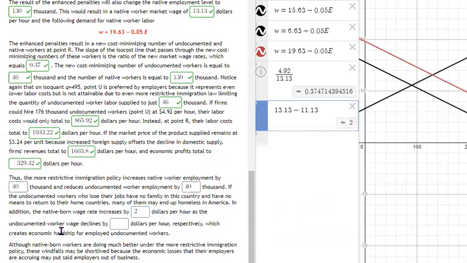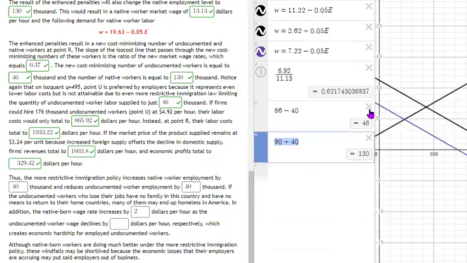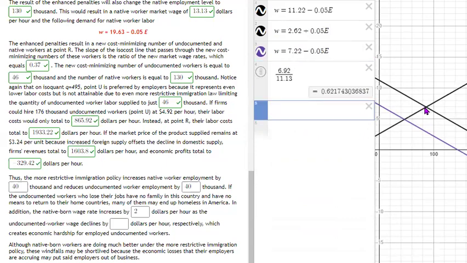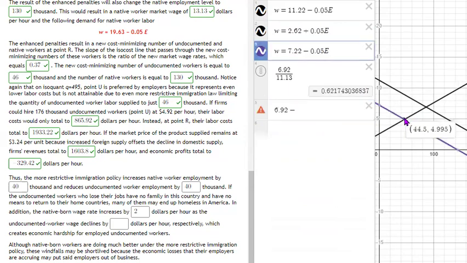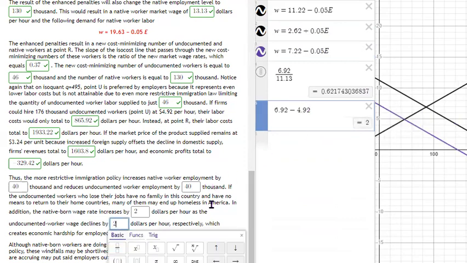The undocumented worker wage declines by how much? Let's delete this stuff here. The undocumented worker wage was $6.92, right? It now is what? 4.92. So the undocumented worker wage declines by $2,